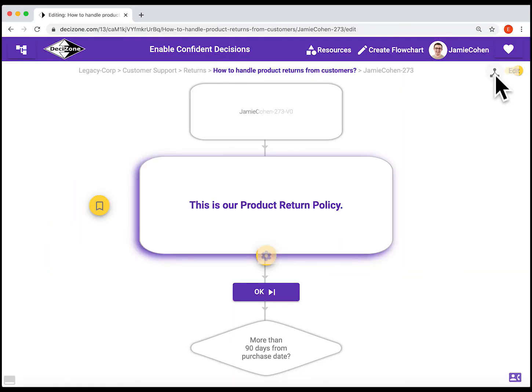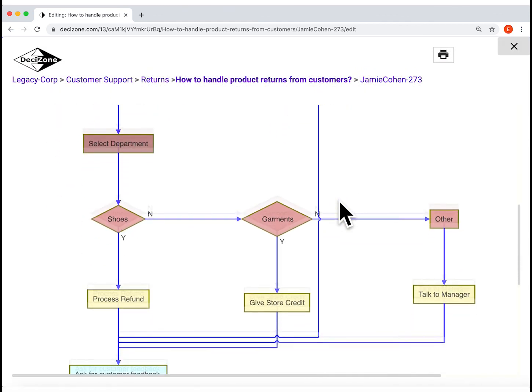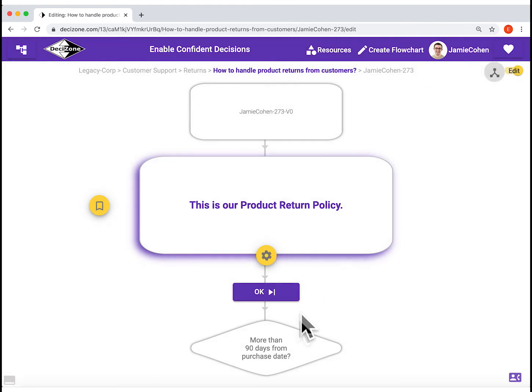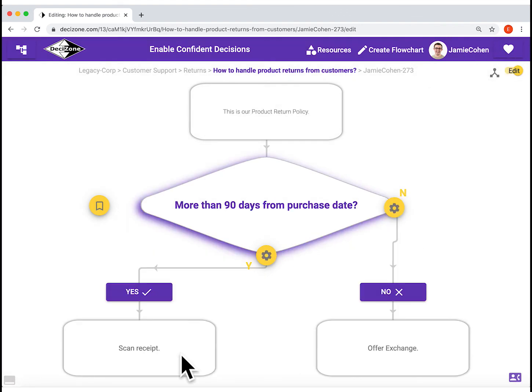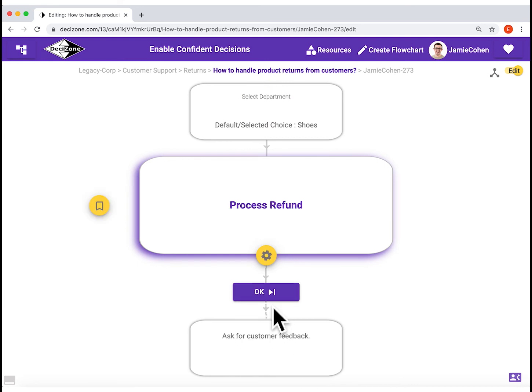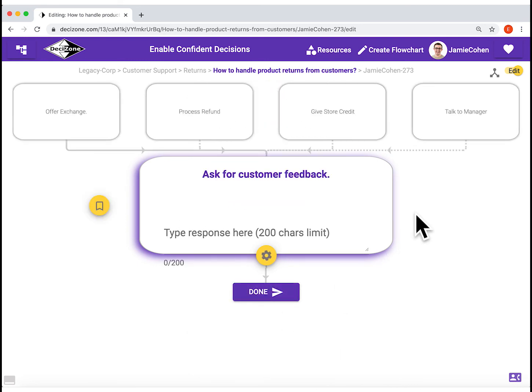Now let's review our flowchart in the whole flowchart view. As you can see, each of the choices now converge into the same user input box because of the bookmark links we added. Let's see how it will look to your audience when they are navigating this flowchart. They will see the bookmark link as a dotted line, but otherwise they will just move to the user input box as usual.